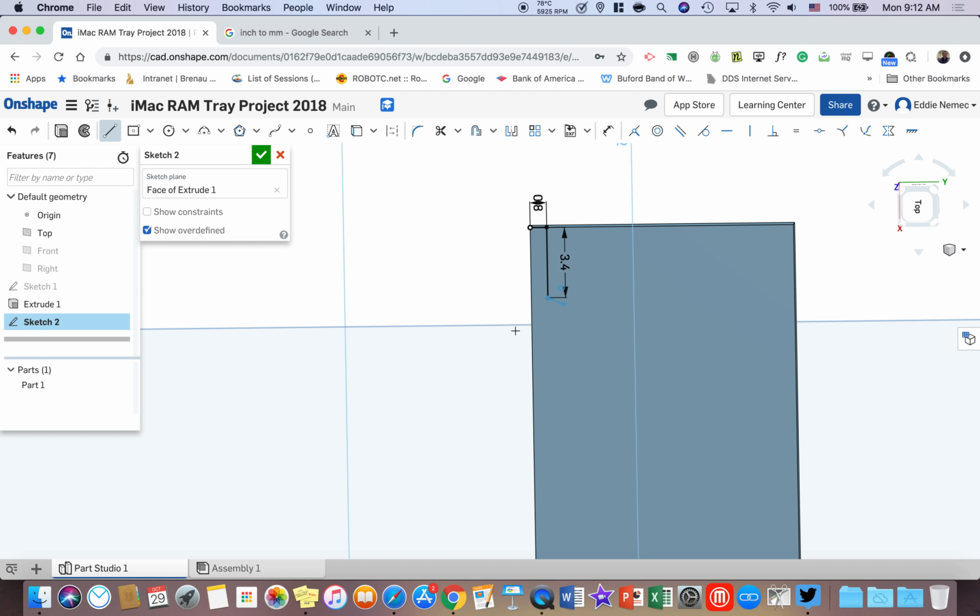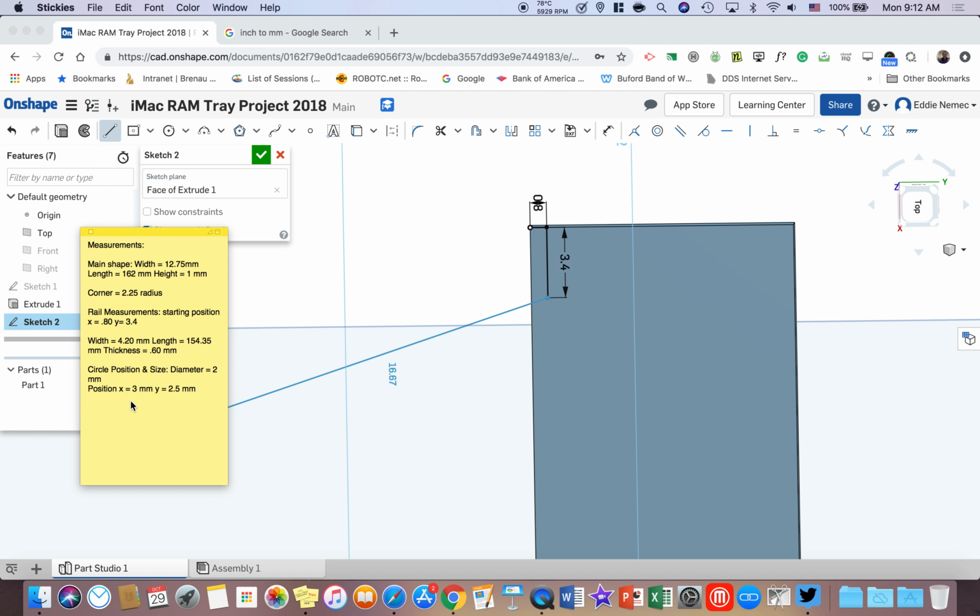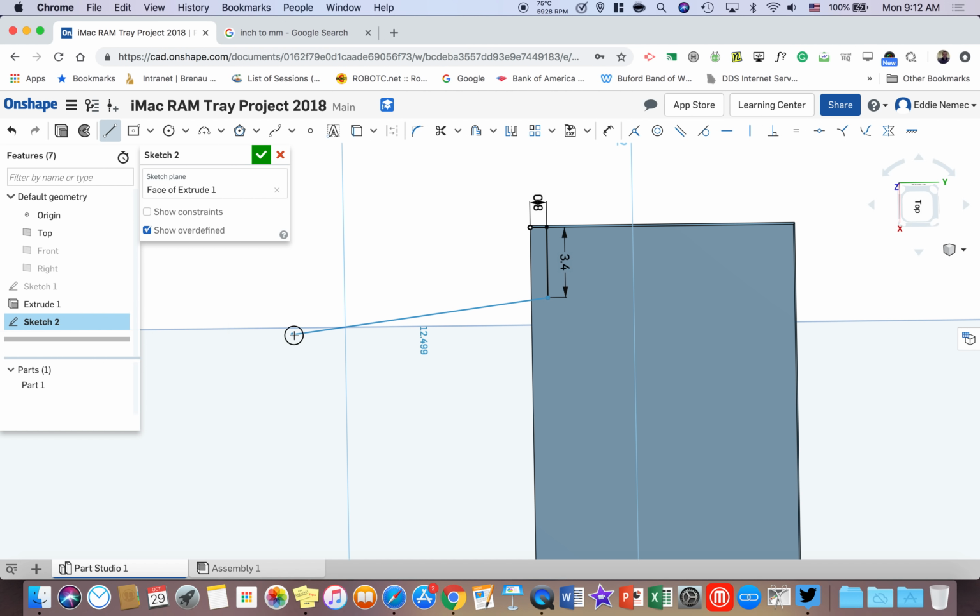So I'm about ready to draw the rail. What I'm going to do next is go look at the rail and see the width. So it's 4.2 millimeters in width. Or I'm sorry, its thickness is 0.60. So I'm going to go over, the width is pretty much going to be what we extrude. The thickness is 0.60. So all I have to do, hold on, is draw my line over to the right, 0.60